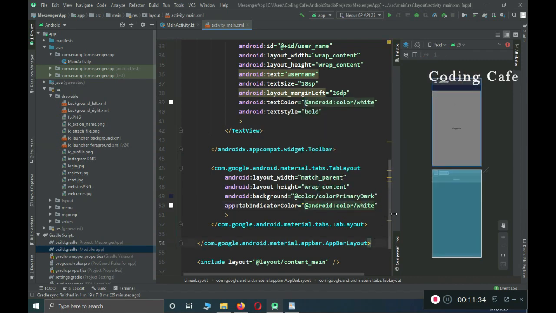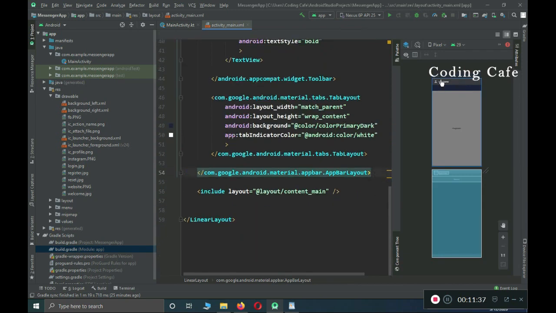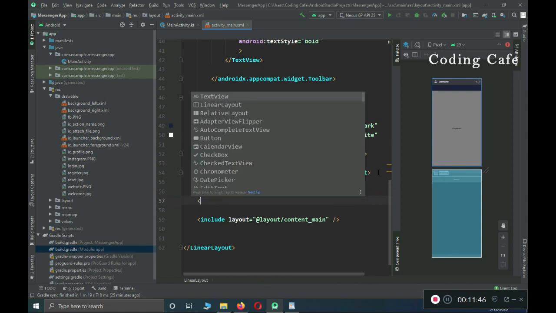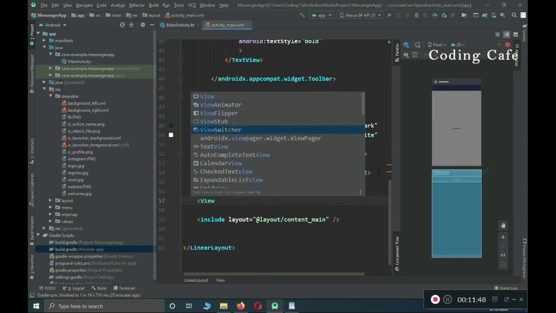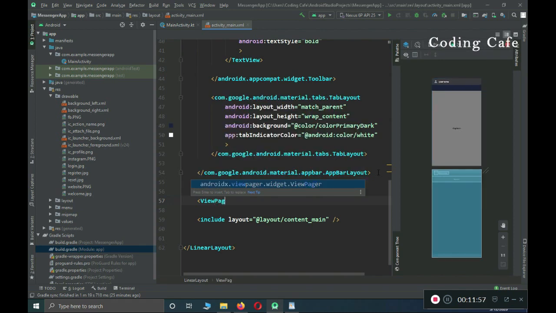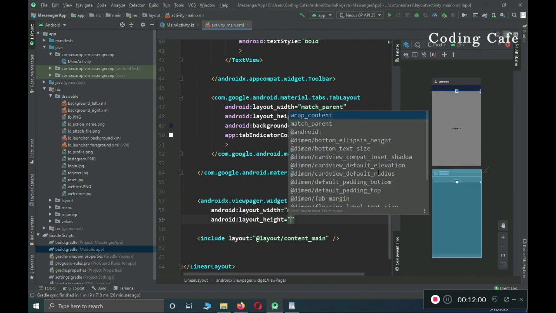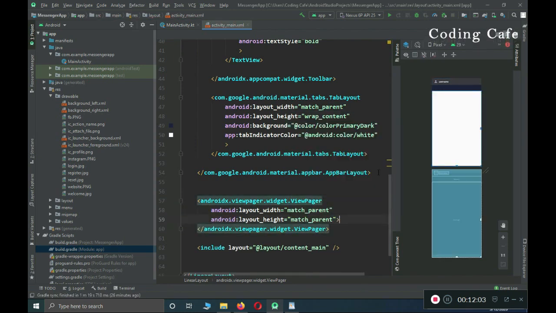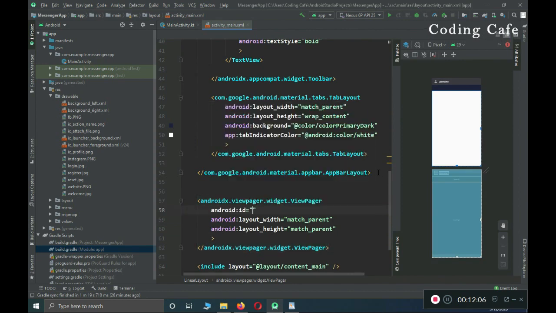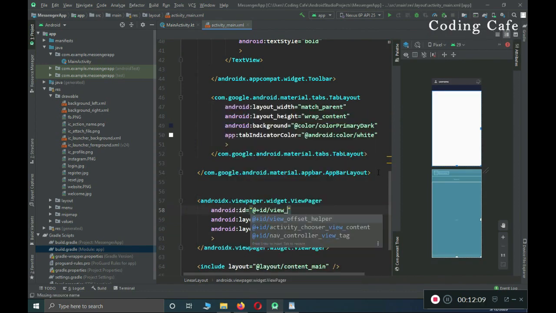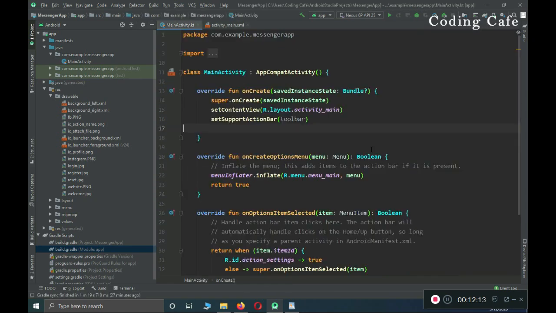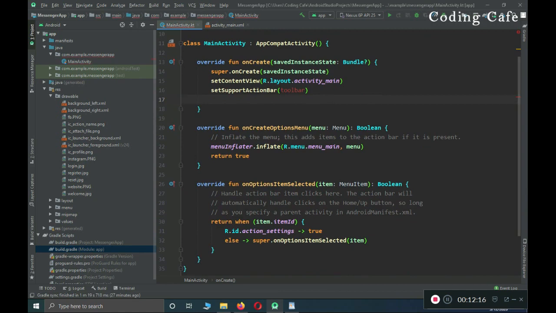Now outside our app bar layout, which contains the toolbar and our tab layout, we need to add a ViewPager, with the help of which we will navigate between the chat fragment, the settings fragment, and the search fragment. We will create those fragments also now. Match parent. The ID for this will be view_pager. Now let's quickly go back to the MainActivity.kt file, and since you know that we changed the ID